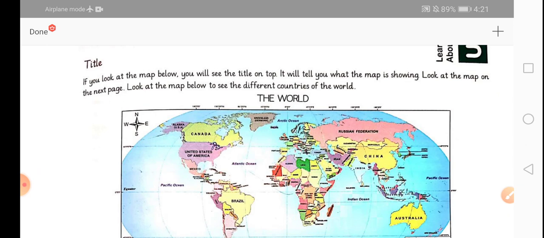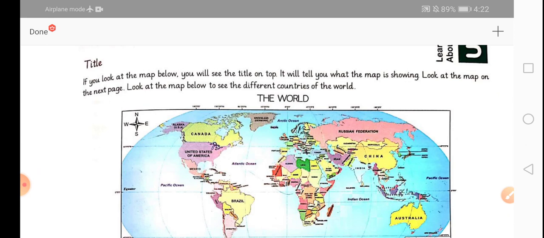Students, as the name of the chapter is telling you, in this chapter we are going to learn about the maps, how to study a map, and how to find out the important places in a map. The very first thing that we are going to learn today is the title of the map. Title means name. Just like all of us have a name, which is our identity, the same way the title on the map tells you about the kind of the map it is. It tells you about the map and the locations and the information available in it.